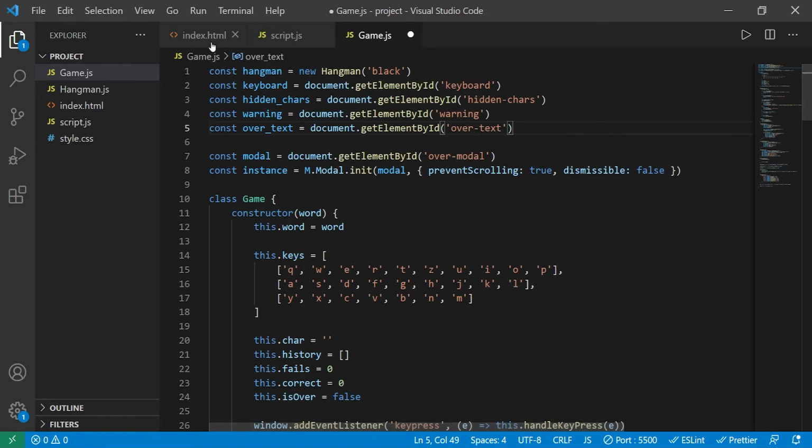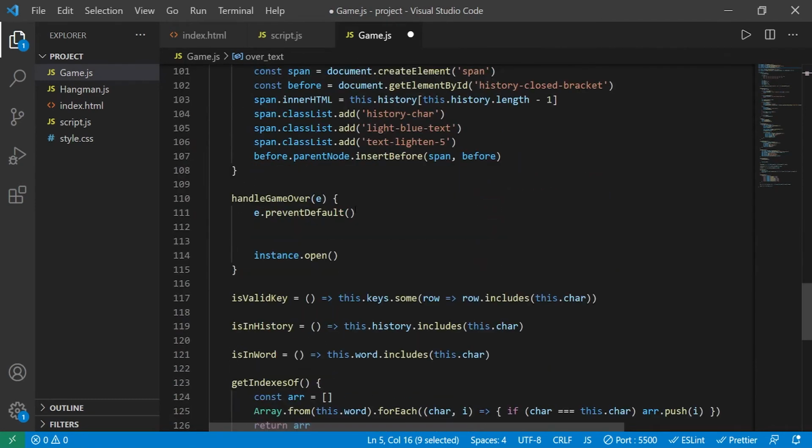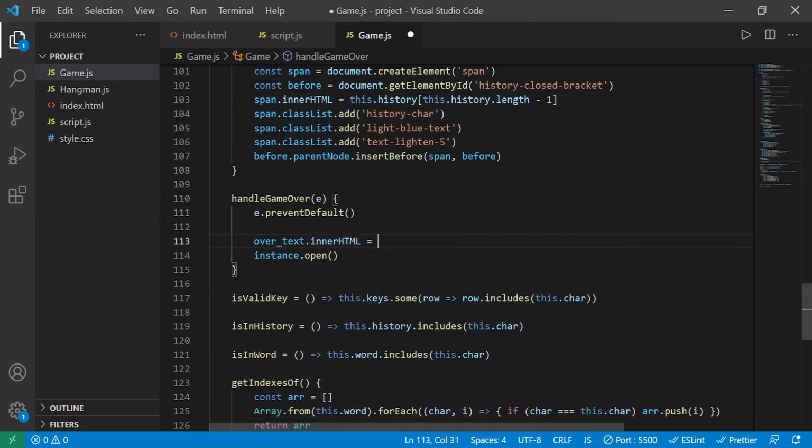I think it is called like that, overText, yes. And now what we do is take this, and in here we can say overText.innerHTML, and then based on if the game was won or lost, we can say something like this,